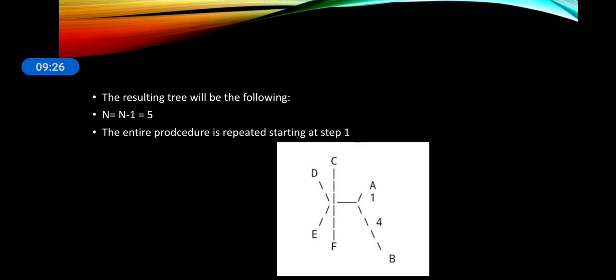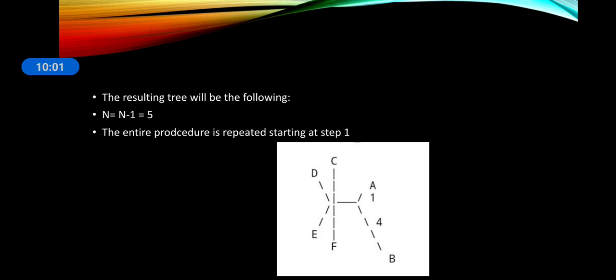So now we will take A and B as one group, and then we will start the procedure from step 1. Here N will be equal to 5. N is not 6. Earlier it was 6 because you had A, B, C, D, E and F. Now A and B are neighbors and are already grouped, so we will not be using A and B as different groups. You will be using that as 1, and from that you will be calculating the other ones.